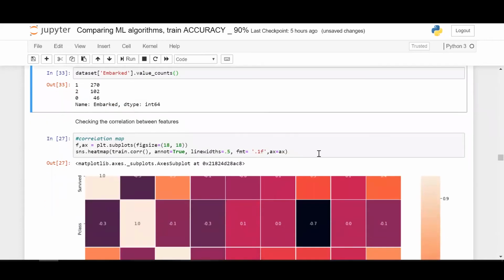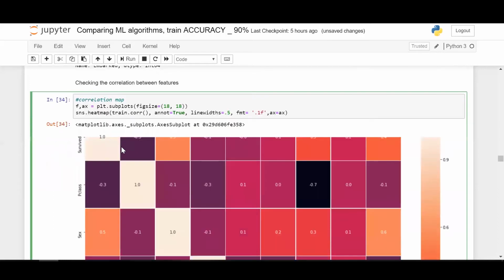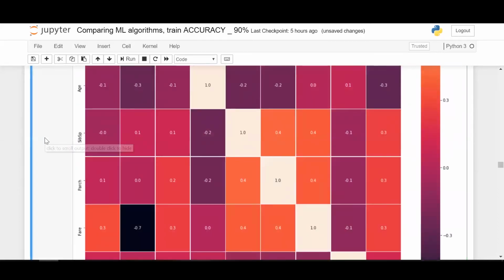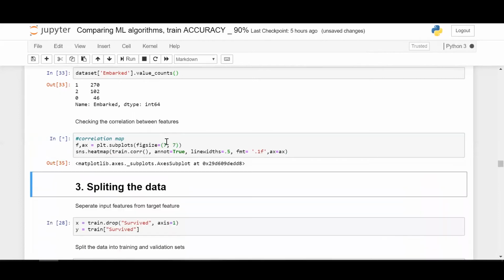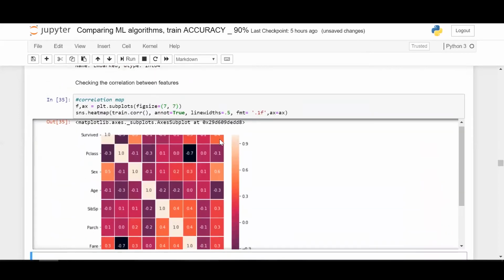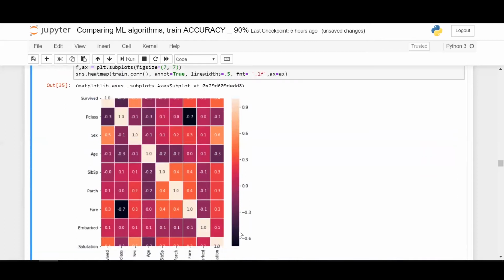So now we're getting into the correlations. By default, it goes into a Pearson's correlation. So the data frame corr always goes into Pearson's format. So this one doesn't look that great. It looks too big, so I'll just lower its size. 7, comma 7. Okay, now it's better. Let me just expand it. So here is a scale of the correlations. Some of them have negative correlation, which is why you see values below 0. So I think this is good to go.